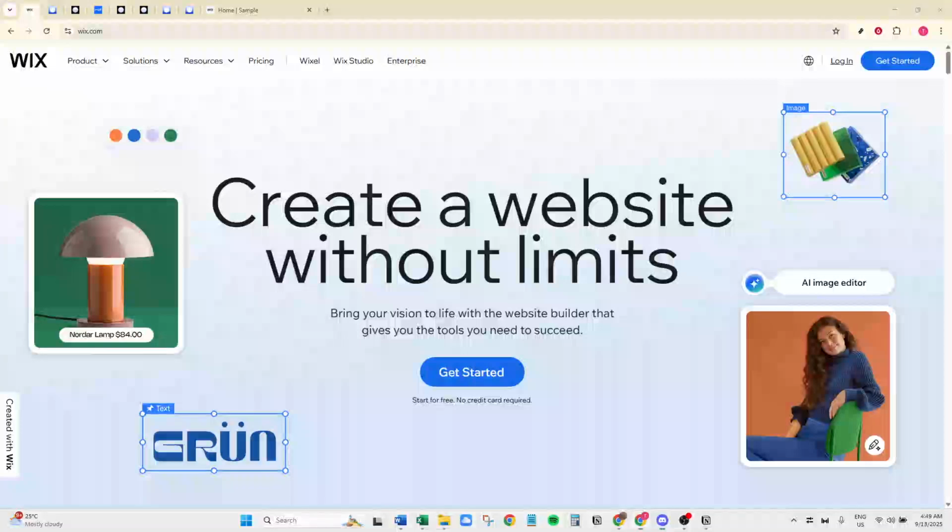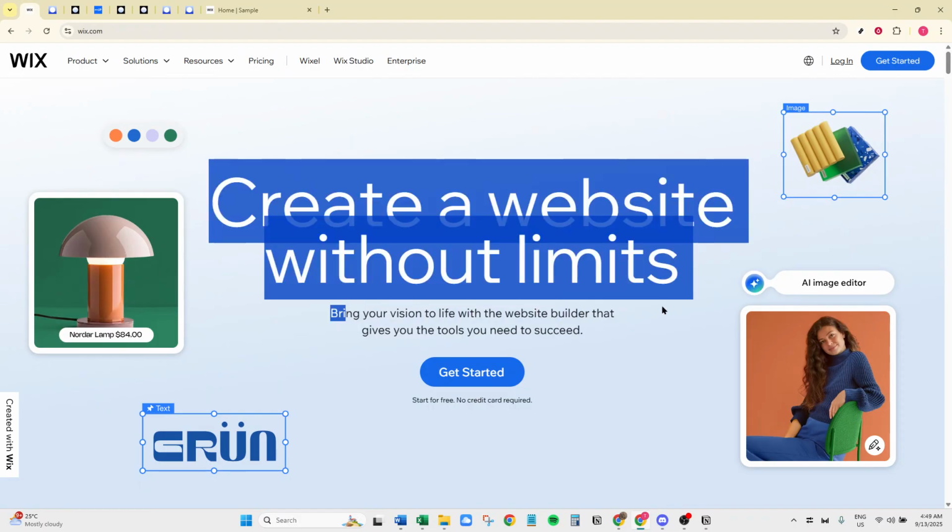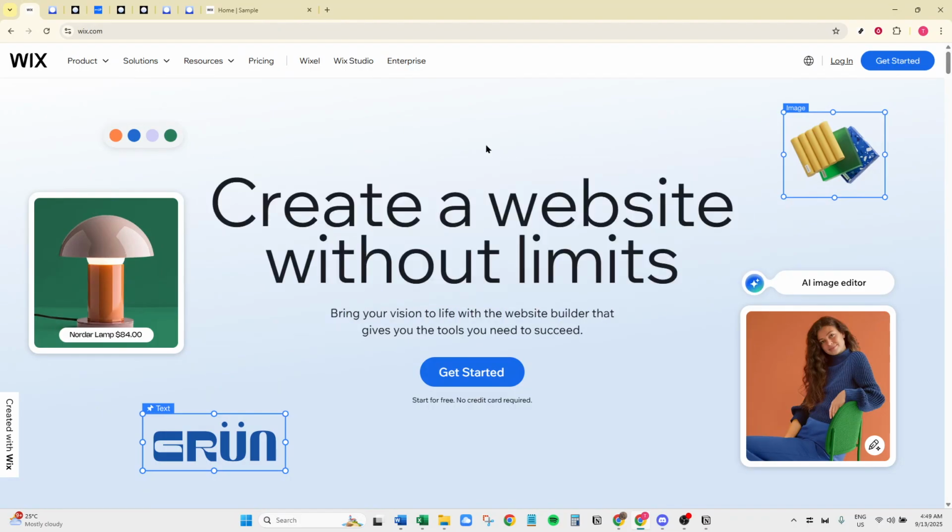In today's video, I'm going to teach you how to remove a repeater on Wix. Whether you're tidying up your website or making design changes, handling repeaters can be essential. Luckily, it's a straightforward process. By the end of this short guide, you'll know exactly how to do it. So, let's jump right in.